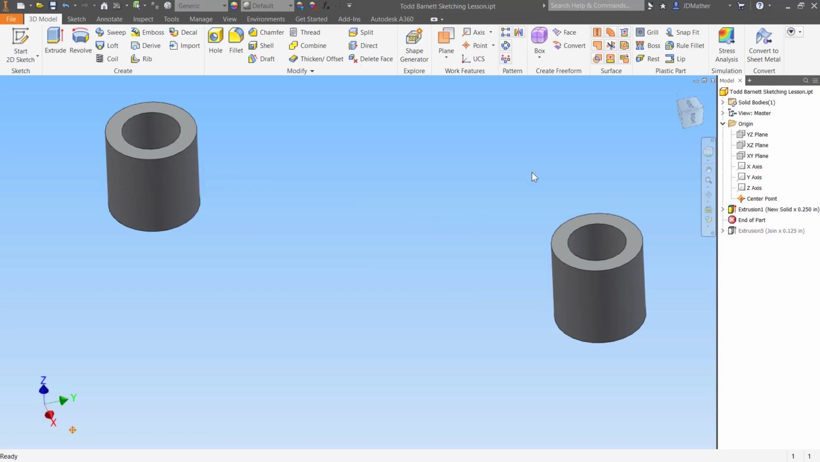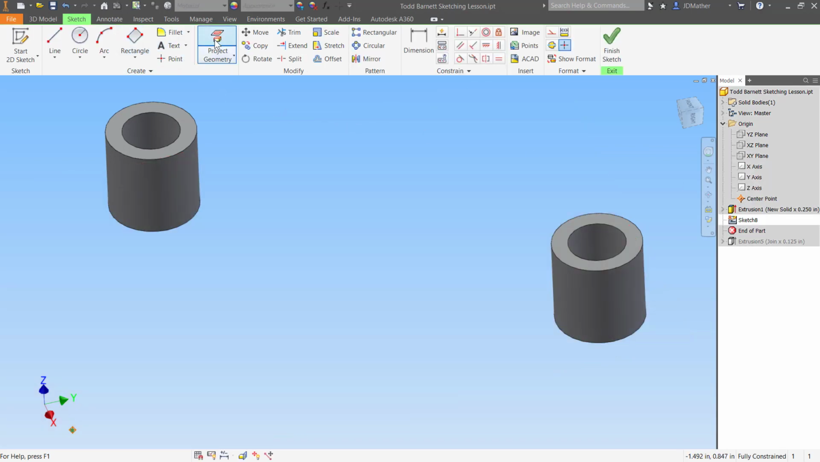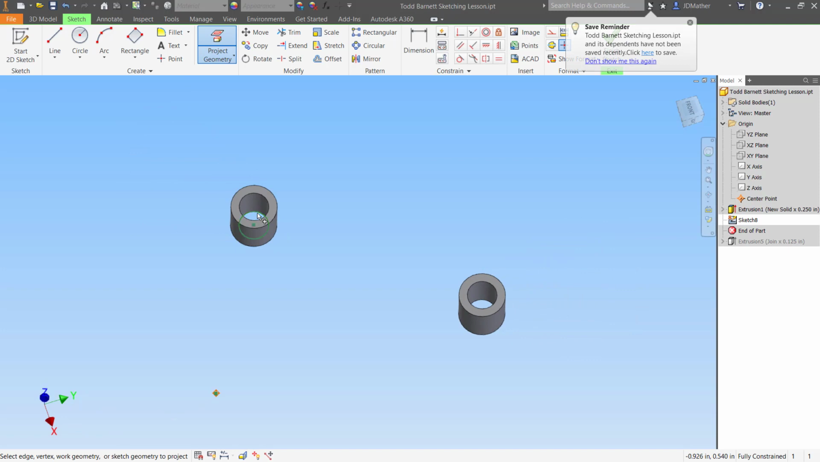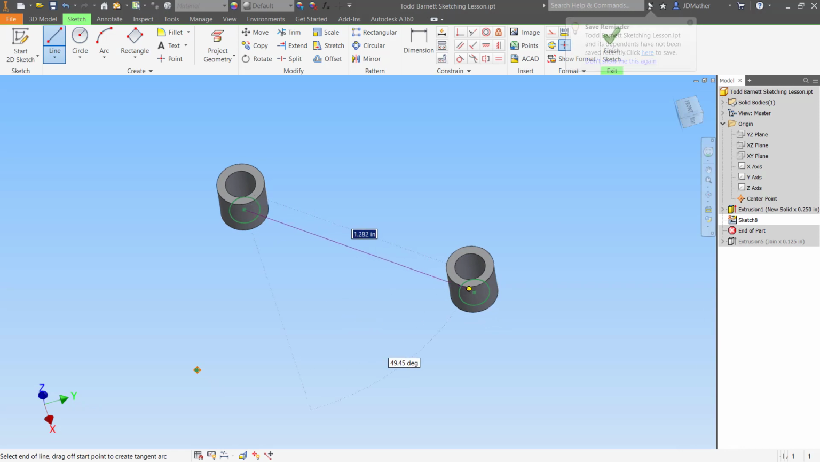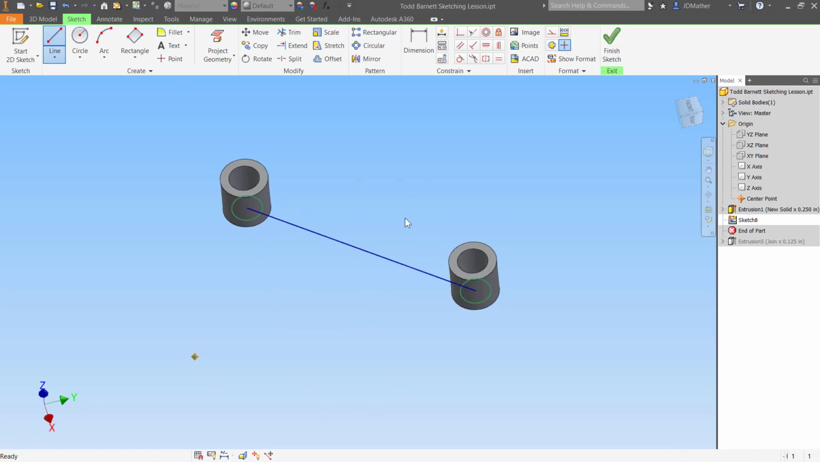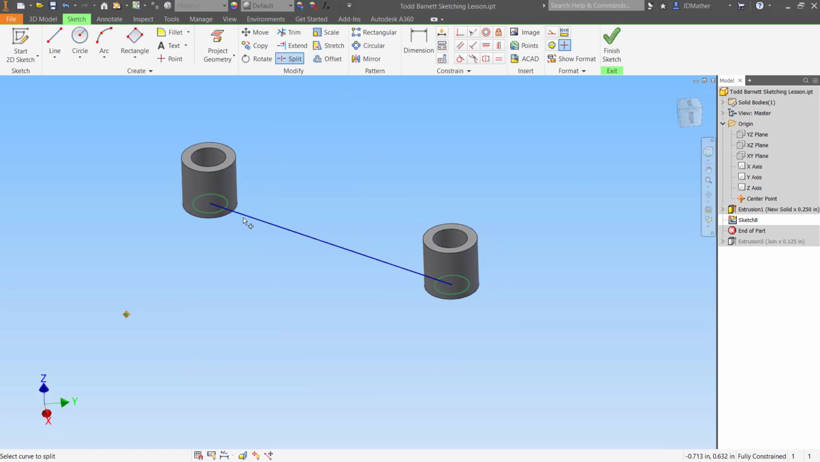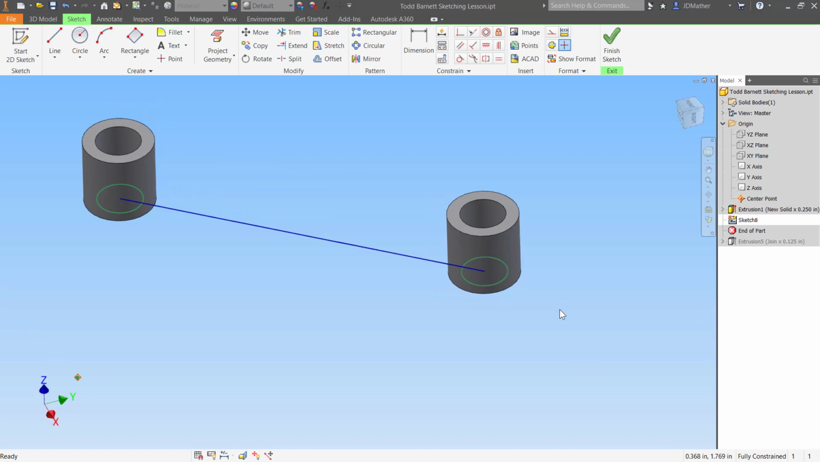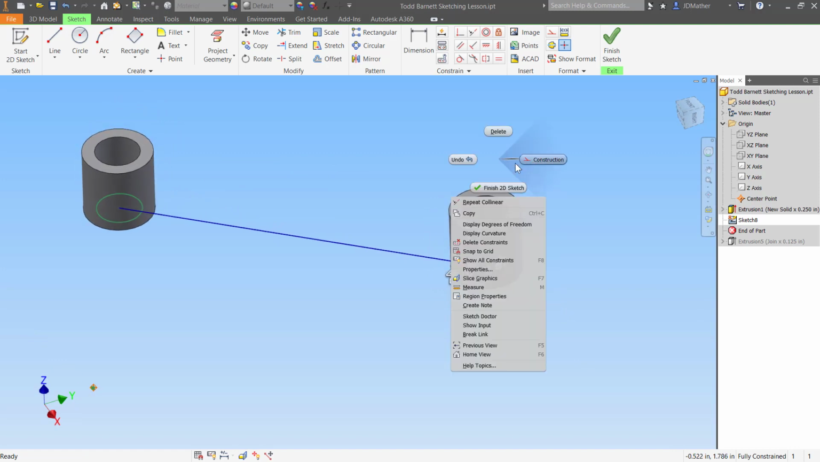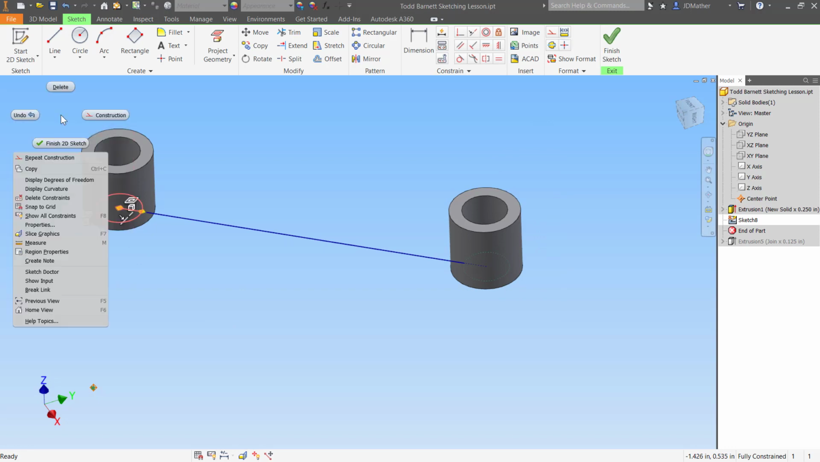Let's look at another way. So I'll do a new sketch on the XY plane, and I'm going to project geometry, this circle and this circle. I will then draw a line between those two circles from here to here. Again, I'm going to split that line, so I'll do split at this end, I'll do split at this end. Now notice when I did that it's no longer fully constrained, so I'm going to do a collinear between here and here, collinear between here and here. I want to change the geometry at this end to construction, and I want to change this geometry to construction,